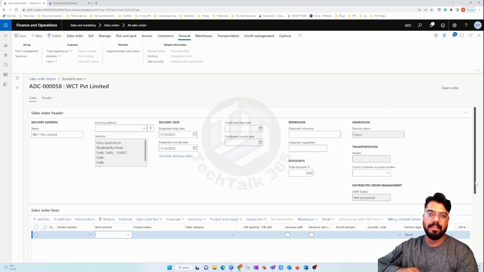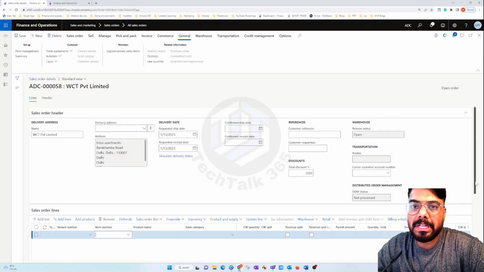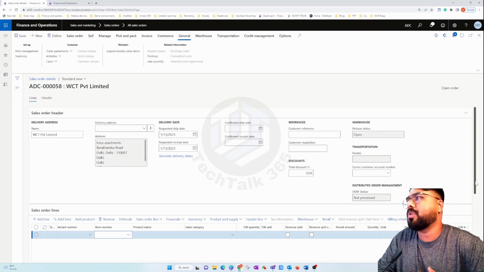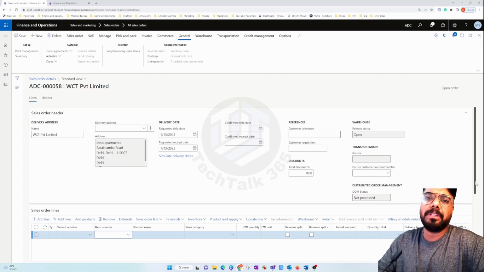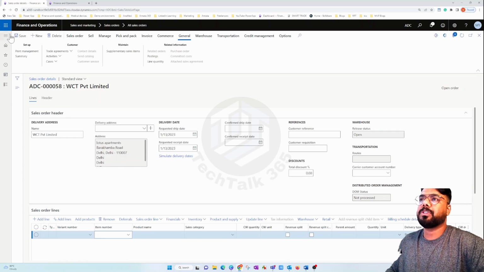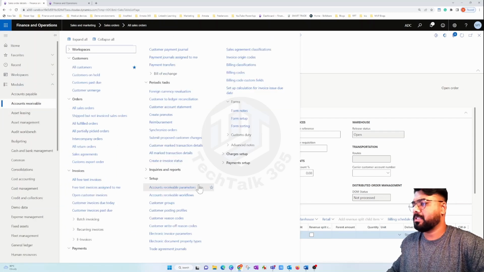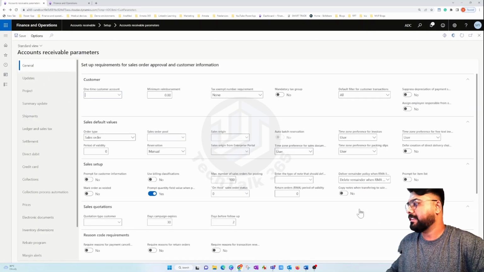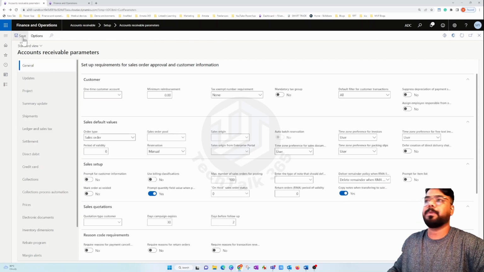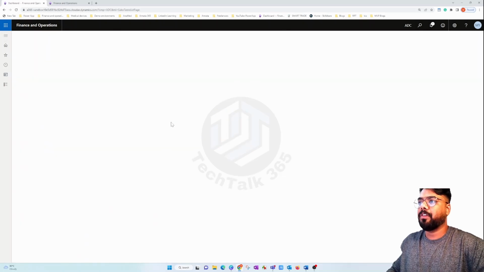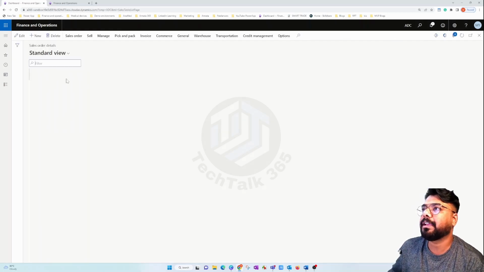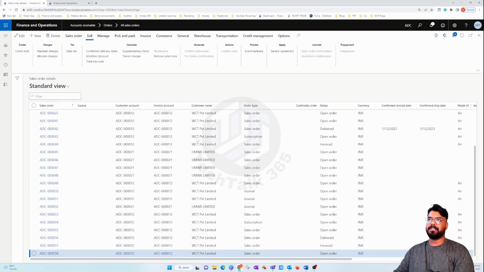So let's say you have a requirement where you have a special note against a particular customer and maybe a particular item, and you want that note also to be kind of an attachment within a sales order. In such a situation, what you can do is you can come to the accounts receivable parameters, and under the general tab, you can enable this particular parameter, copy notes when transferring to the sales order. After saving the parameters, if I go to the sales order again and create a sales order,